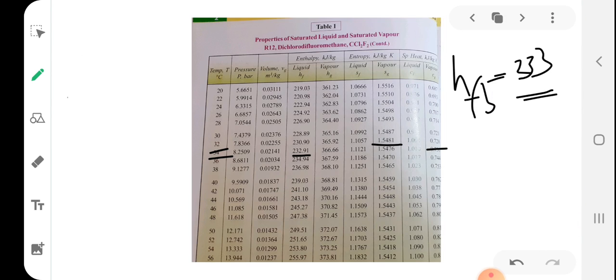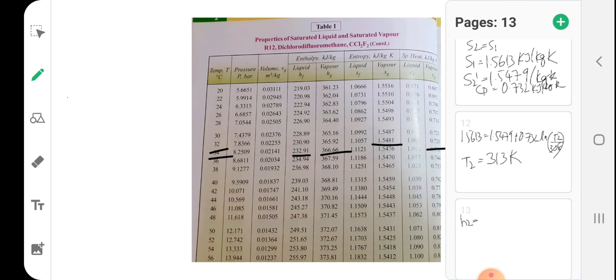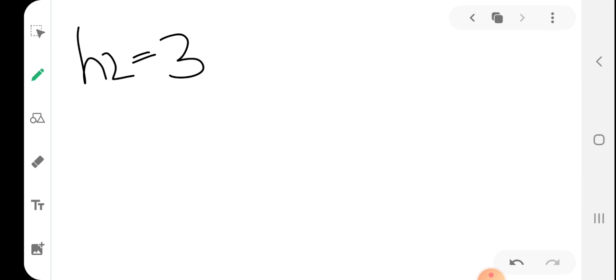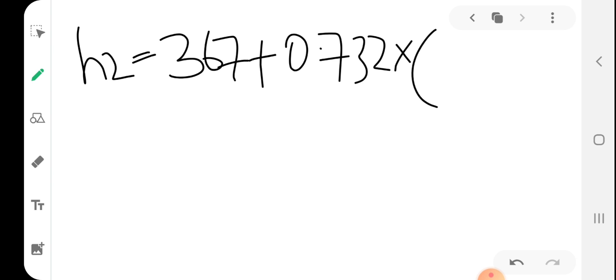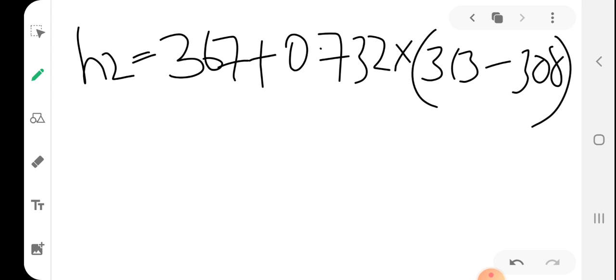H2 dash will be around some 367. So take it as 367. H2 dash equal to 367. Okay. So 367 plus 0.732 into 313 minus 308. So you will get a value around 370